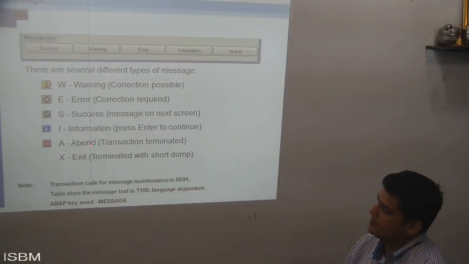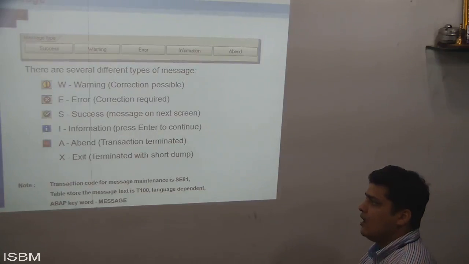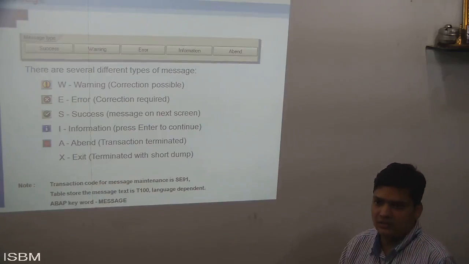Then we have seen the abend message for transaction terminated. Then we have used the exit. Exit basically will not give any short dump. It will come out of the program. So all these messages have been stored in the T100 table. So if you want, you can check it out somewhere. Sometimes in